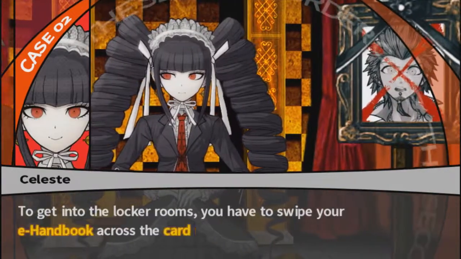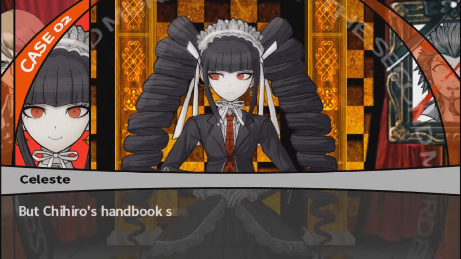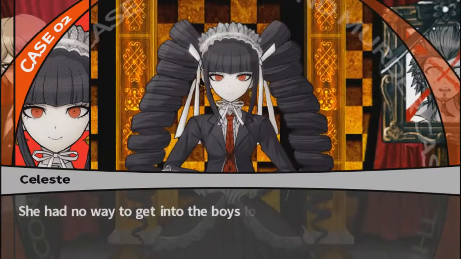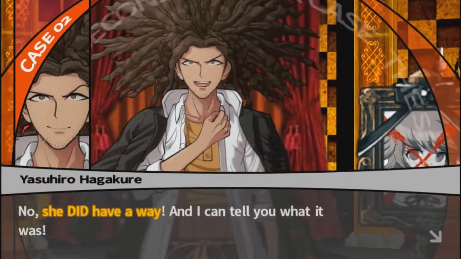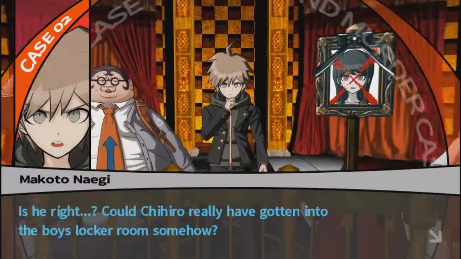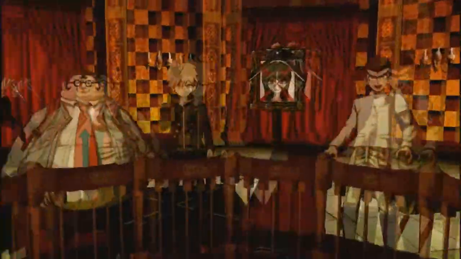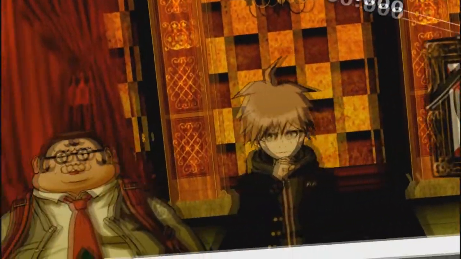To get into the locker rooms, you have to swipe your e-handbook across the card reader device. But Chihiro's handbook should have only allowed her access to the girls' locker room. She had no way to get into the boys' locker room to begin with. No, she did have a way, and I can tell you what it was. I highly doubt that. Shut up! I'm telling you, I know how she could have done it. Is he right? Chihiro could have gotten in the boys' locker room? Well, I mean, yeah, using the broken e-handbook. But it's broken, so...